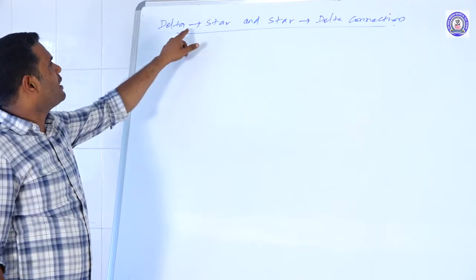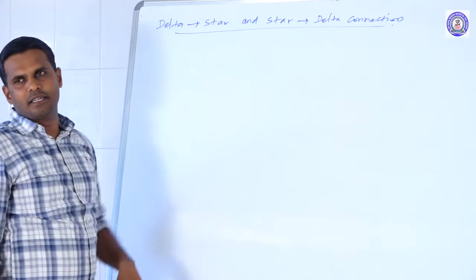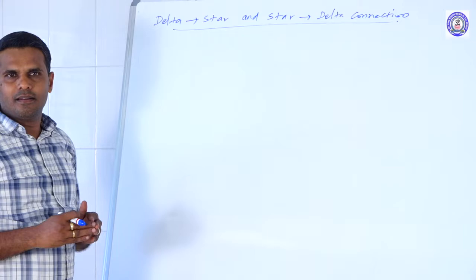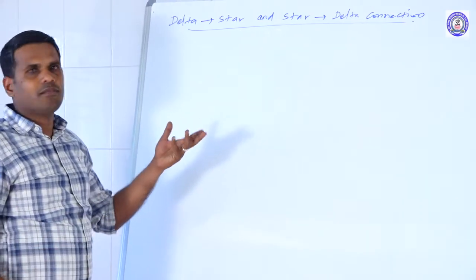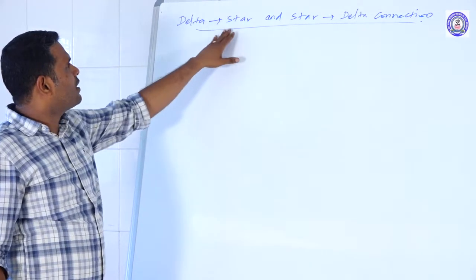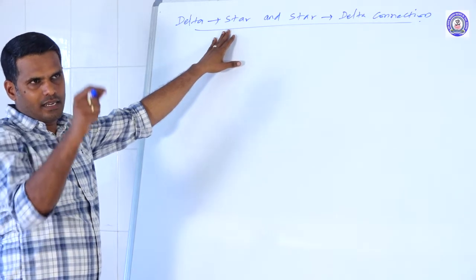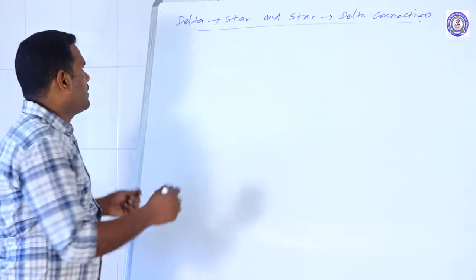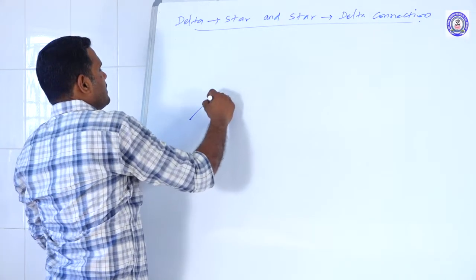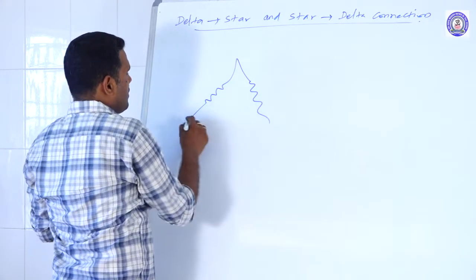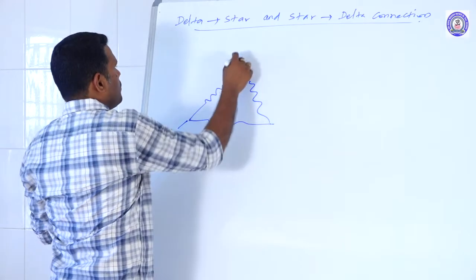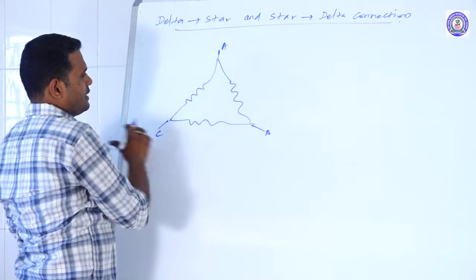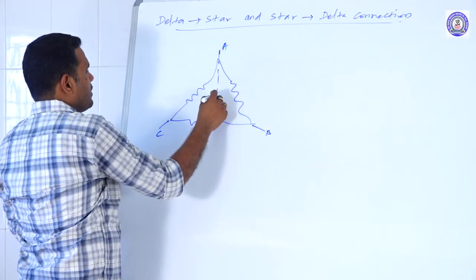We are going to speak about the delta to star connection and star to delta connection. When three resistors are connected in the form of a triangle, in order to simplify the circuit diagram, we can go from delta to star connection. And if the circuit is in the form of a star, then you can convert it into delta connection. If three resistors are connected in the form of a triangle, that means delta connection ABC, this can be converted into